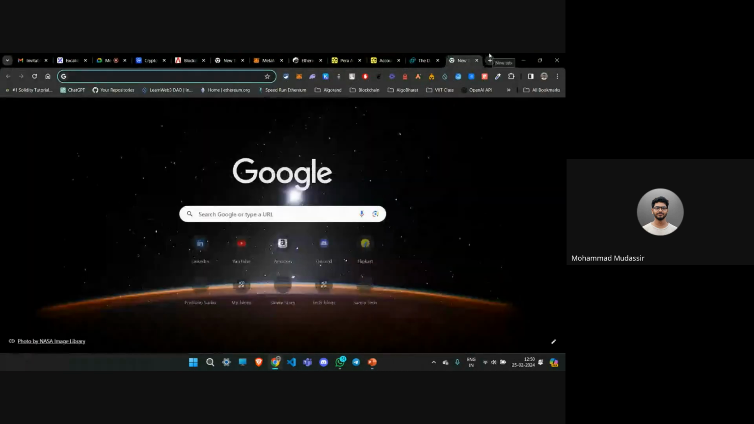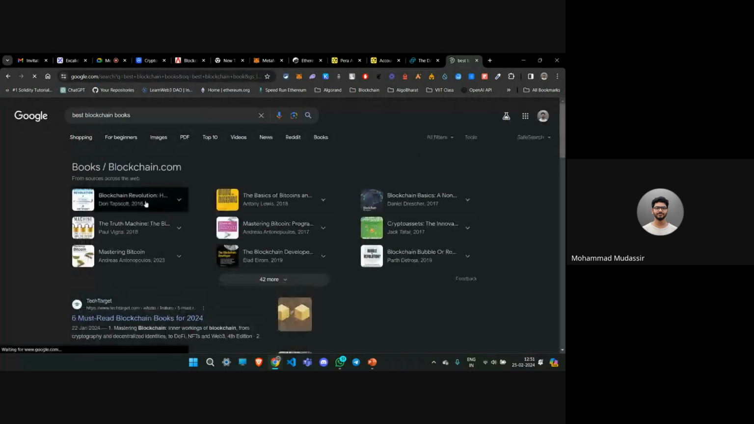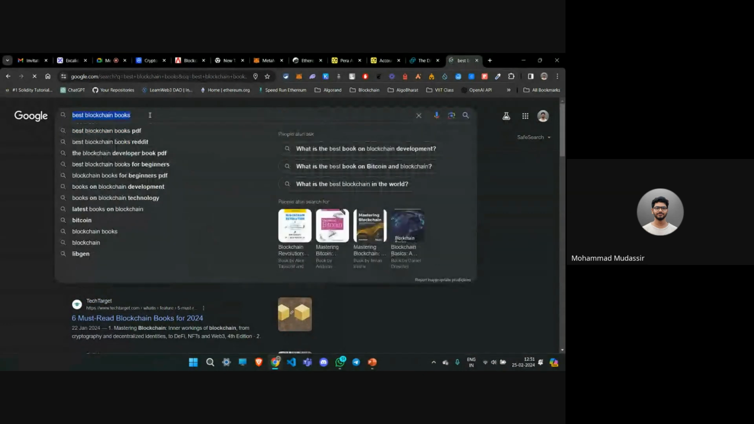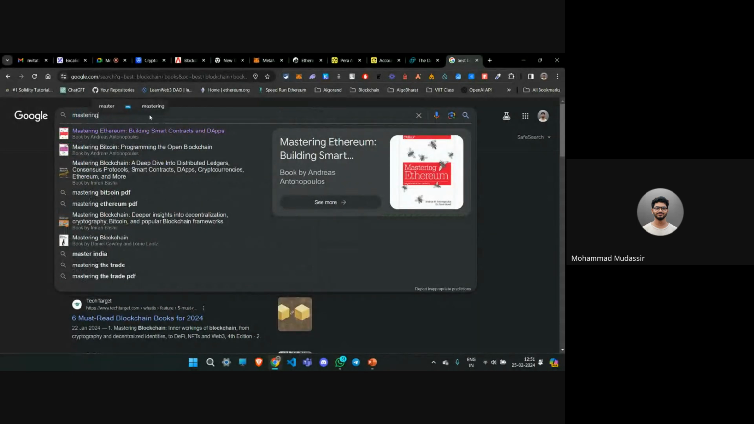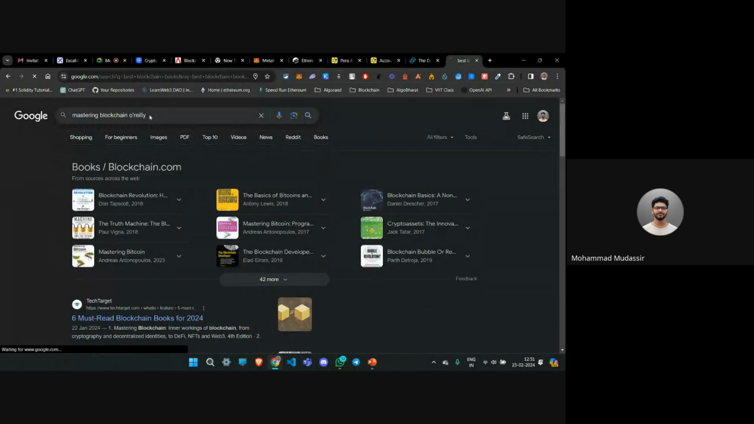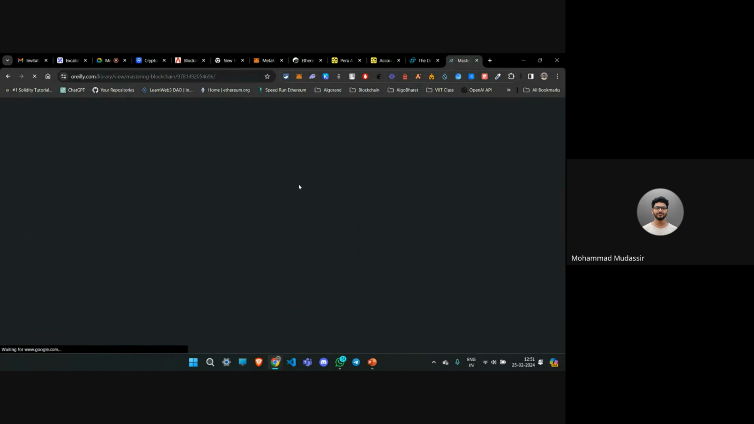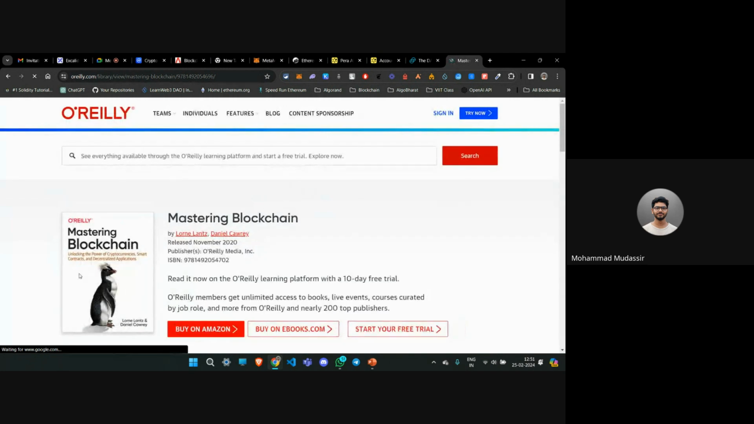And yeah, there is also a book, Bitcoin. What was the book name? I forgot. Best blockchain book. Yeah, Mastering Bitcoin or Mastering Blockchain by O'Reilly. Mastering Ethereum, Mastering Bitcoin, Mastering Blockchain. Mastering by O'Reilly. So yeah, this is the book you can consider if you wanna read and you wanna go deep down,